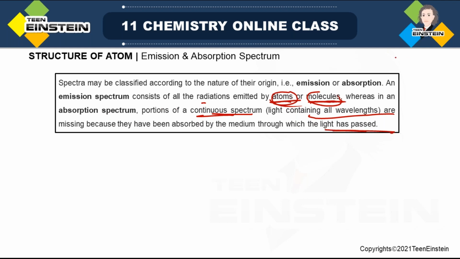So suppose the light has passed through some sample, and whatever substance is present in the sample, it is absorbing some wavelength. So in the continuous spectrum, some wavelength will be missing. Okay, so now we will elaborate it